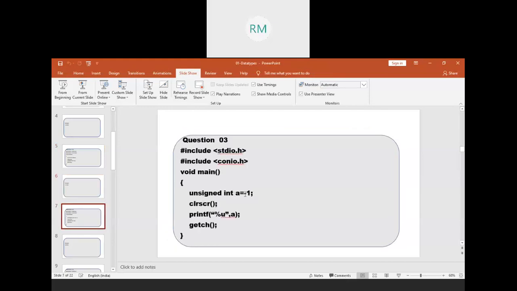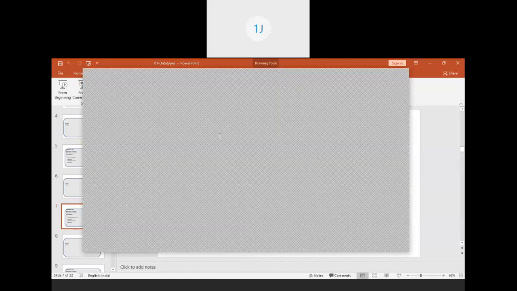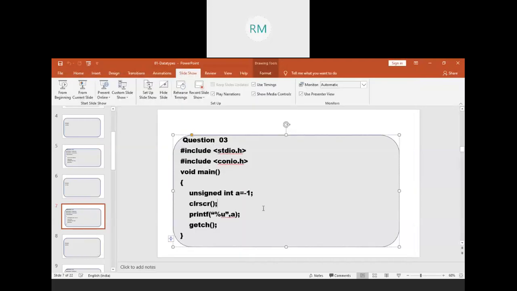Here, unsigned int a equal to -1. Actually, it is out of the range for unsigned integer. Unsigned integer takes only non-negative values, 0 and positive values. But here I am assigning -1, which is out of the range. Then what happens? Again, same logic. The maximum value of unsigned integer is 65,535, so the range is 0 to 65,535. But here the value I am assigning is -1.